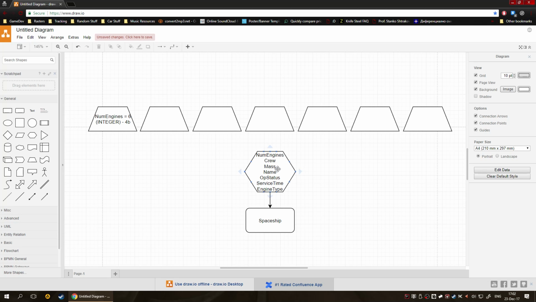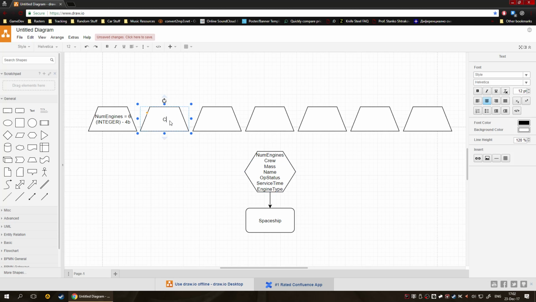So let's say I want to go ahead and check my crew. Let's say my crew is however many. Now this is also an integer. However, if I go ahead and exceed my 4 bytes of data, it's possible to create an error. Well, not an error, but my value will basically flip from positive to negative. The maximum value for an integer is, and I will use this, I'll say that my crew is equal to that, essentially,